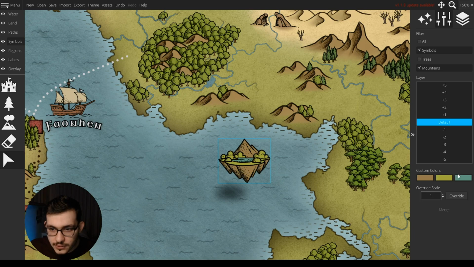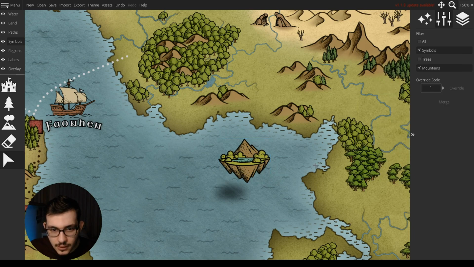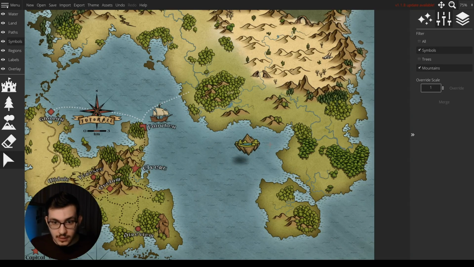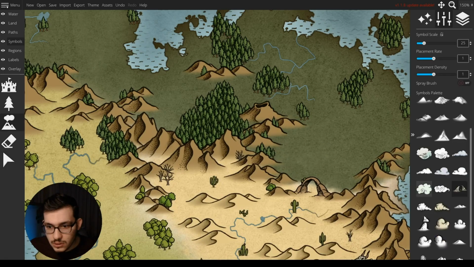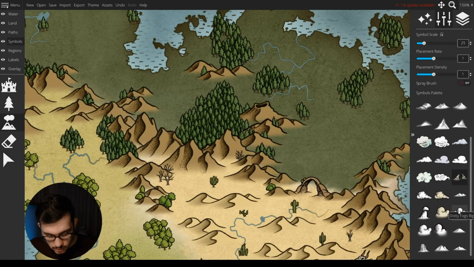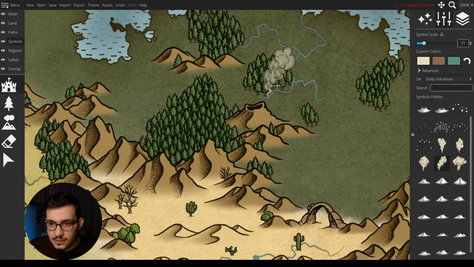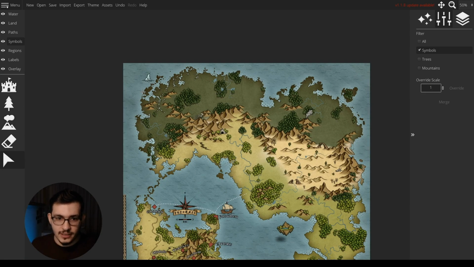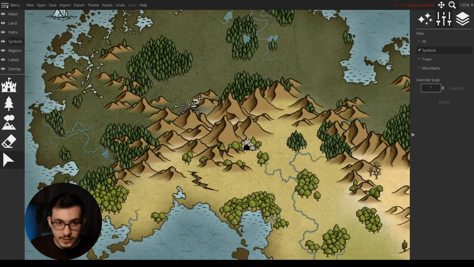Yeah, the color of the sea is nice. The lake is nice there. And here we have a floating island. Shall we add some smoke to the volcano? Is that a little smoke there? Not gonna hurt. All right, now here we have an iceberg there, a carcass of a titan, potentially a cave